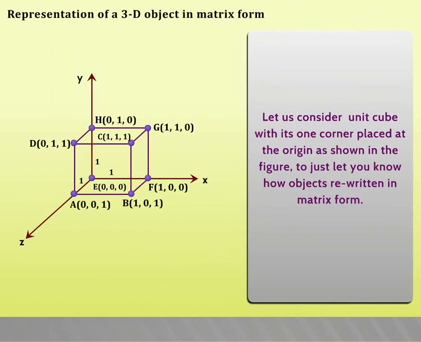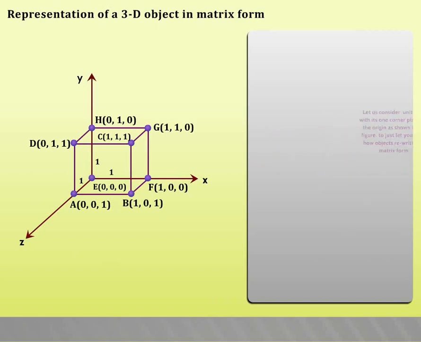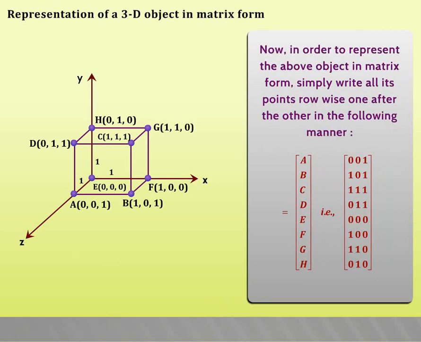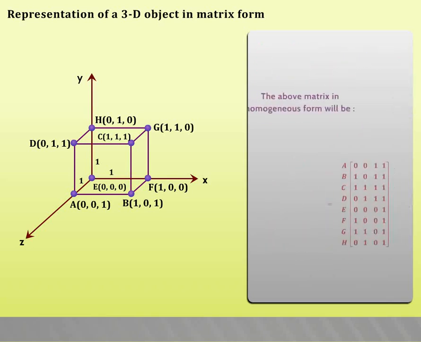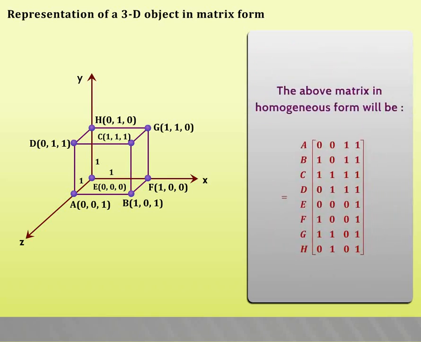Let us consider a unit cube with one corner placed at the origin as shown in the figure, just to let you know how objects are rewritten in matrix form. Now, in order to represent the above object in matrix form, simply write all its points row-wise, one after the other in the following manner. The above matrix in homogeneous form will be